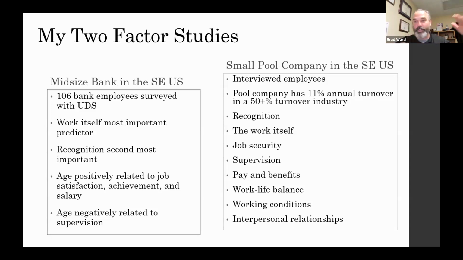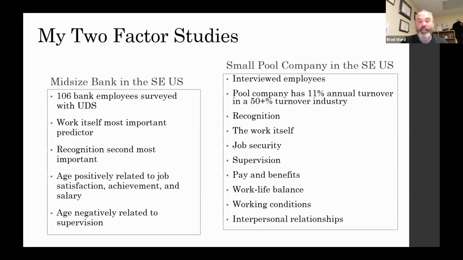So if I use the correlation matrix, what was interesting is that age. The older you were, this is generational, I would say, the more satisfied you were. And it was related to also, did you feel like you were achieving anything, and you were happier with salary? Now, that could be many things. Like you could have worked there for a while and you get paid more. Maybe you know more about the banking industry. But which was interesting is the older you were, that related to if you were happier at work, and if you felt like you were achieving, and you were happier with salary.